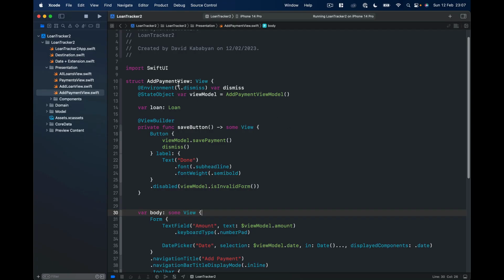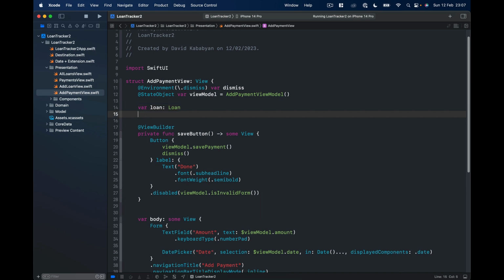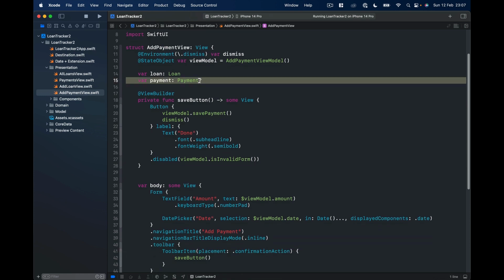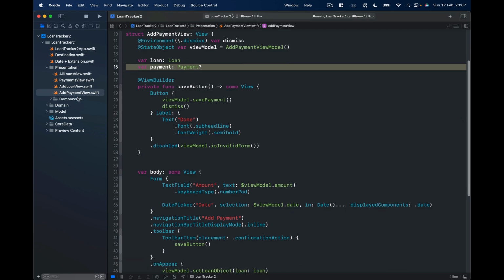So let's go to our add payment view. And here we are passing a loan, which is required in order to add payments. But then we want to pass a var payment of type Payment, but this is an optional. This will be passed only if we are in editing mode. So if we pass a payment here, it means that we want to edit this specific payment and not create a new payment. So once we pass this payment, what we need to do is to go to our